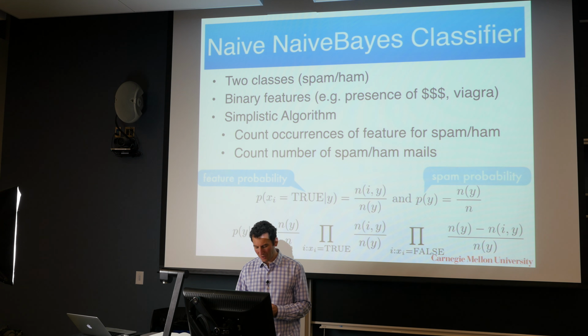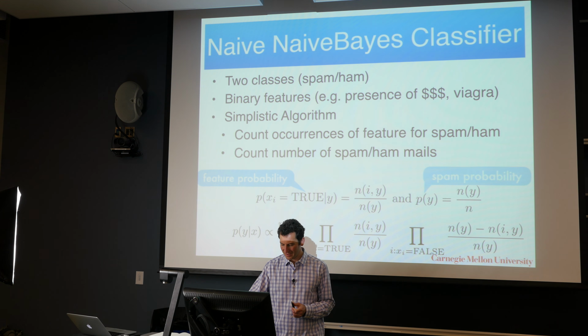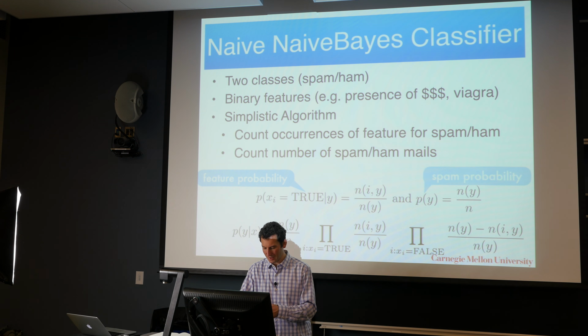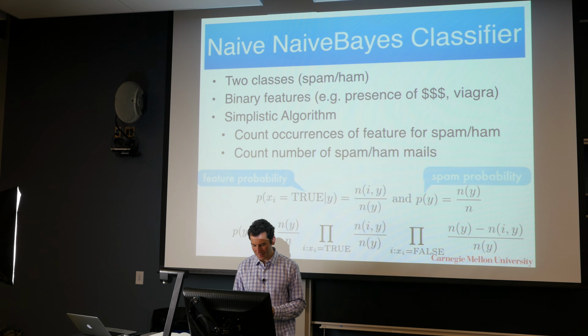Now, what could possibly go wrong if I did this? Because now, of course, P of y given x is proportional to n_y over n, so that's going to be a reasonable number. And then I have basically the ratios of the number of times a particular word occurs divided by the number of times spam occurs, and correspondingly for ham. So what could possibly go wrong with that last line? Any suggestions?